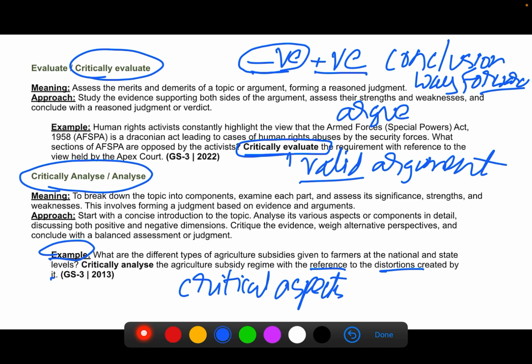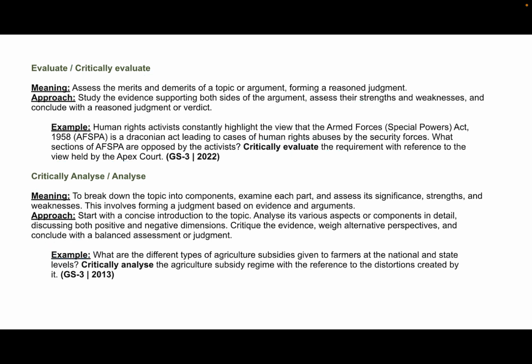The question is about the agricultural subsidy regime and also the distortions created by it, so we need to focus on both aspects separately. First, on the different types of agricultural subsidies and what the loopholes in them are, and also what the distortions caused by them are. This is how we